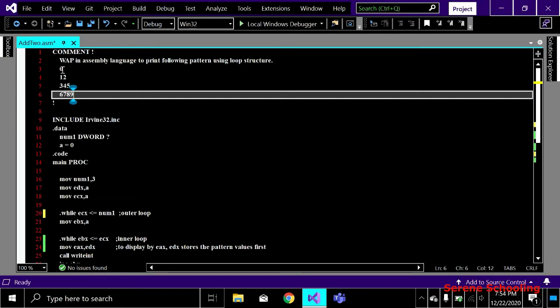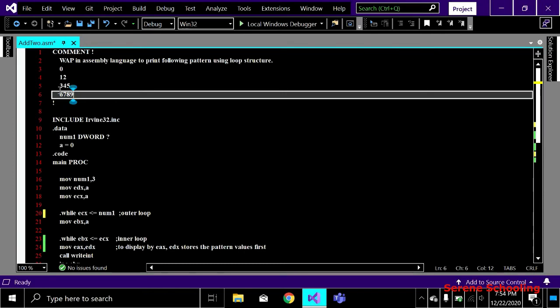So this basically tells us how many times I'm going to run my inner loop, or you can say my number of columns. My number of columns is less than or equal to that particular row number. Like in row number 4, my column numbers should be only 4. It can be equal to 4, but it cannot be greater than 4.